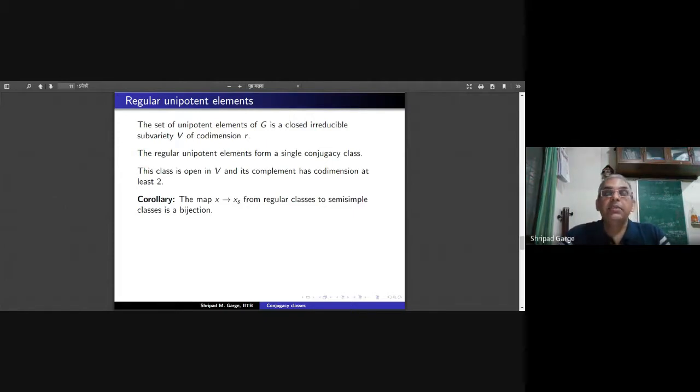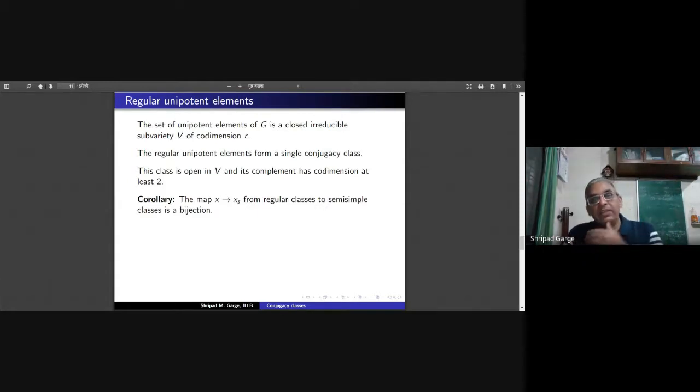And this gives rise to this very interesting corollary. You take a regular element and you go to its semisimple part. If X is any element, you take the semisimple part, and you are going to get a semisimple element. Okay, so this map is actually a map from regular classes to semisimple classes. If you have two elements which are conjugate, their semisimple parts are going to be conjugate